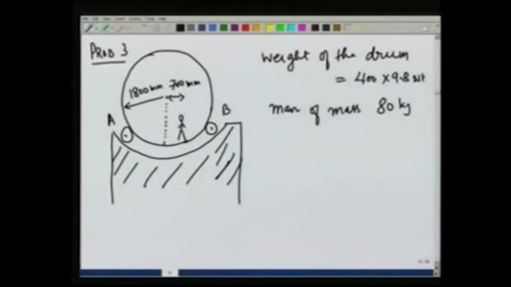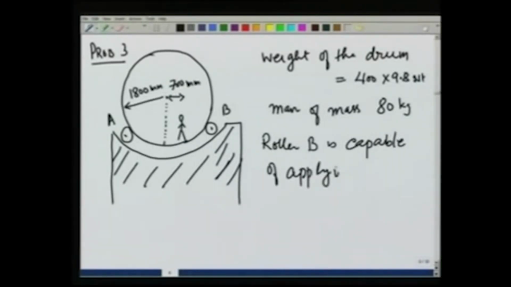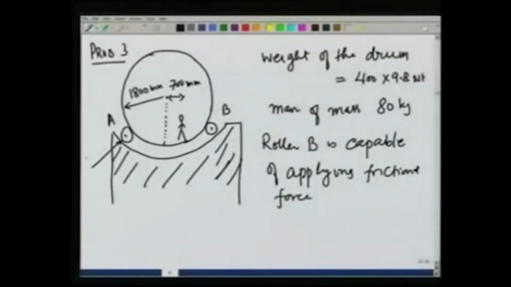The B roller, these rollers are also cylindrical, is capable of applying a frictional force. Roller B is capable of that, and that is why it is only after the man moves a certain distance that the drum starts rolling. We want to find the reactions on A and reactions on B. To solve the problem, let us make this drum